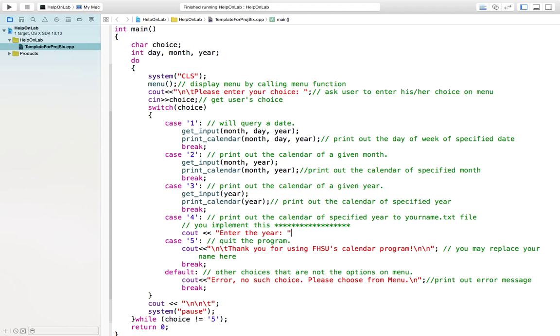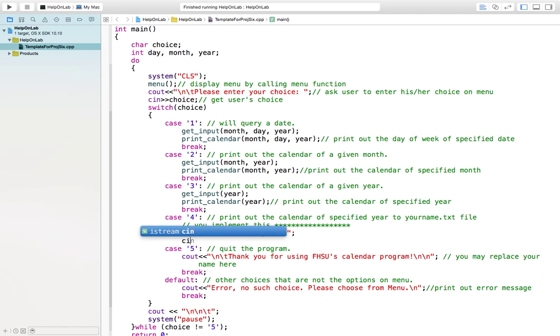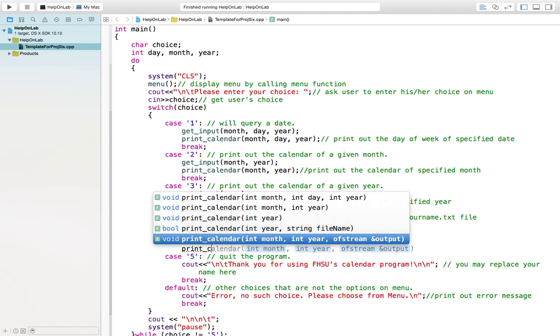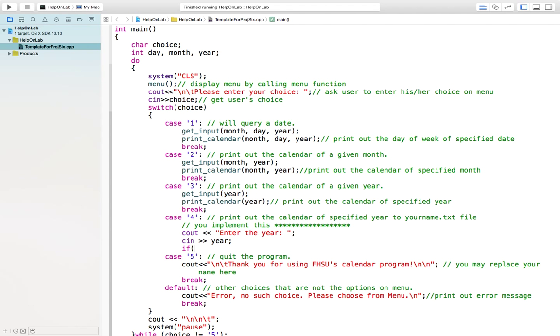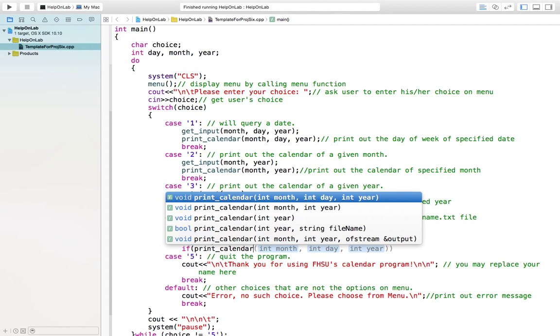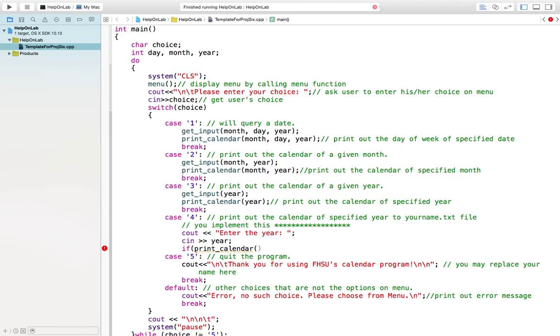Then cin year, so you get the year. Based on the year, you call the function print calendar. Now this function returns true or false. So if print calendar, where year is the given year,